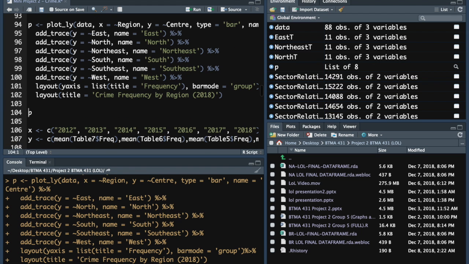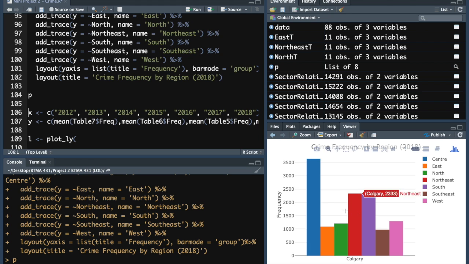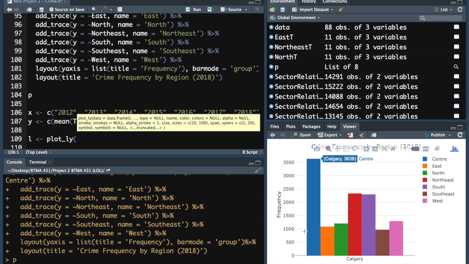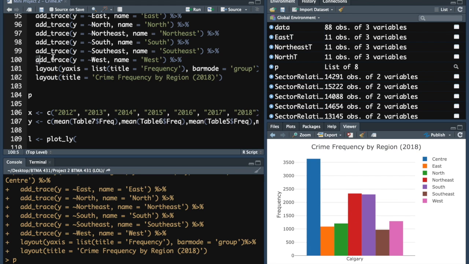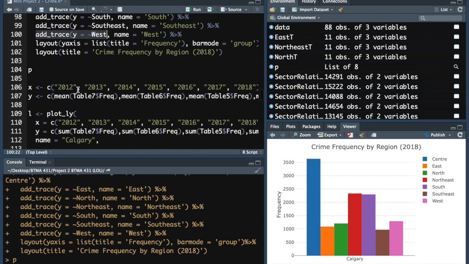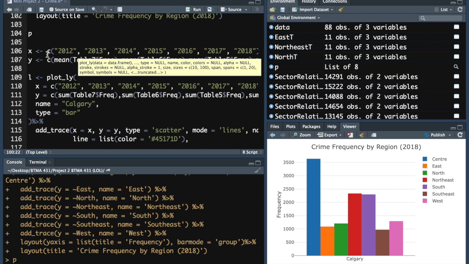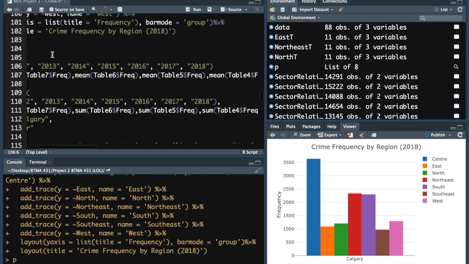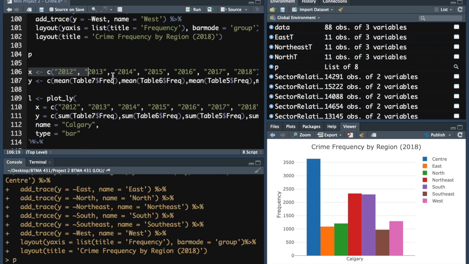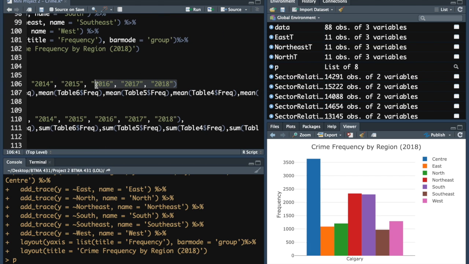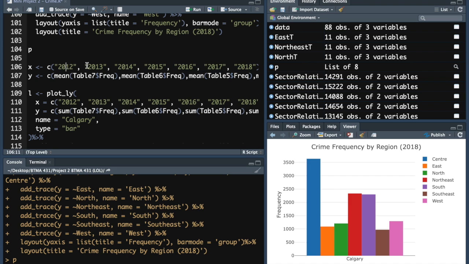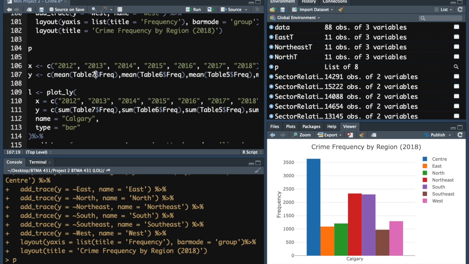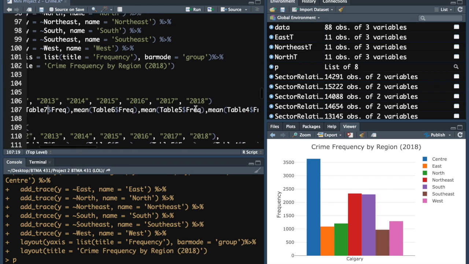So if I run this code, you guys are going to see that I have my bar graph here, with each of the columns being one of these traces that we add. So next, for the second one, we are going to be naming the x-axis all of these, and since it's also a bar graph, it's going to recognize that there are going to be 1, 2, 3, 4, 5, 6, and 7 bars. And so for the mean, we use table 7, table 6, so all the tables' frequencies,